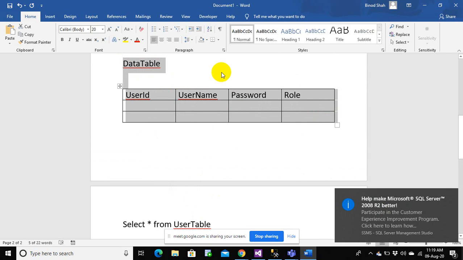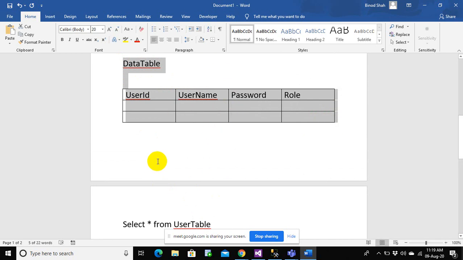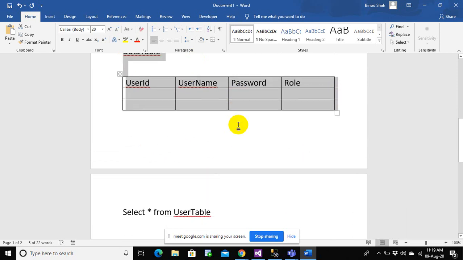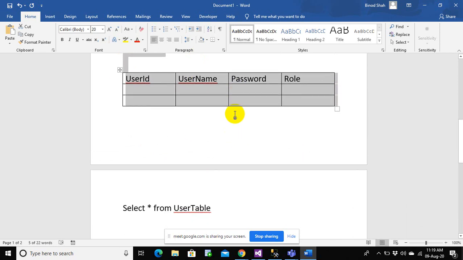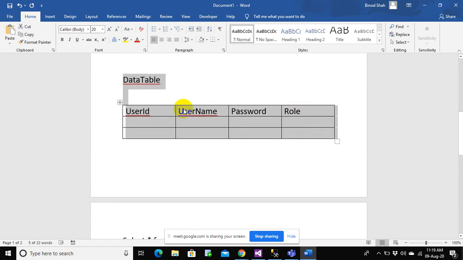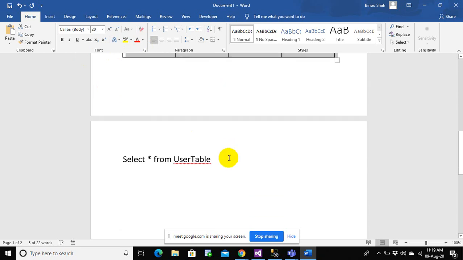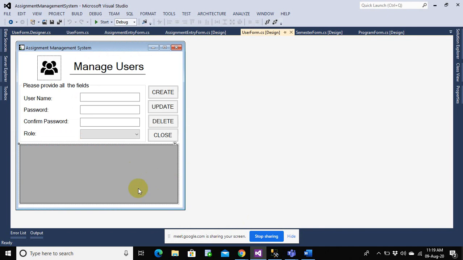And once the data is loaded inside a data table, the data table is not visible actually. The data table is a background process that is not visible to the front end. So this will be in the back end. In the back end, your data will be stored in some data table. But once I get the data onto my data table, I want to load it somewhere. So what is visible to us? The only thing that is visible to us is the data grid view.